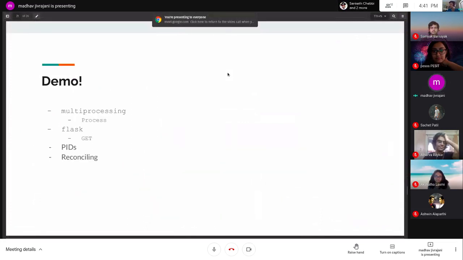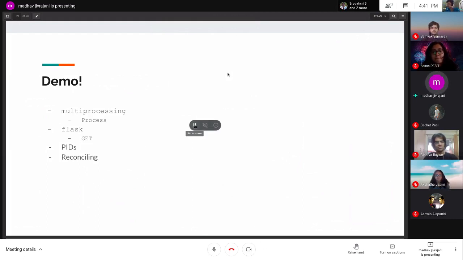So for the demo, a few things that you should know: I won't go into too much detail, it's just something that's there in the code. I'll touch upon it briefly so that there's no gap or confusion. So multiprocessing is basically an inbuilt Python module. It's used for something known as process-based parallelism. There are two types of entities that you can run. One is called a process, one is called a thread.